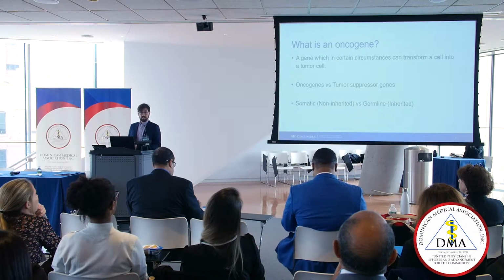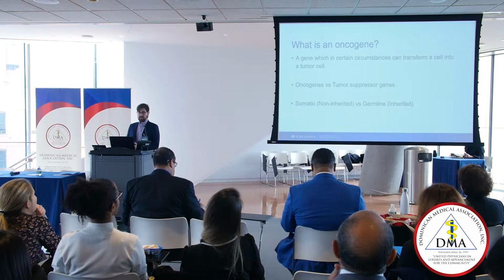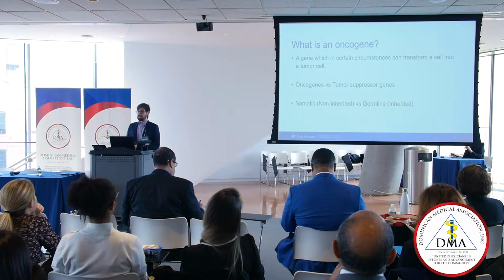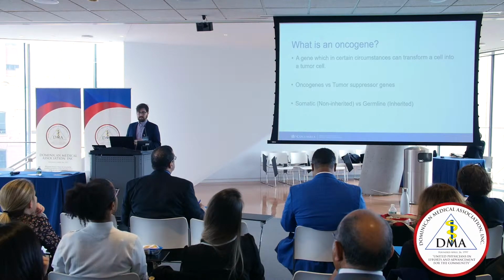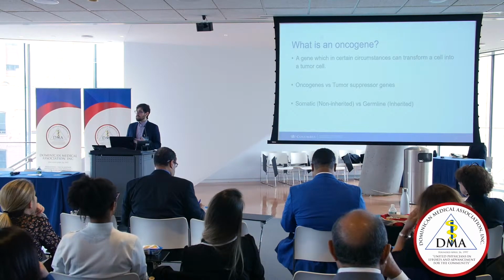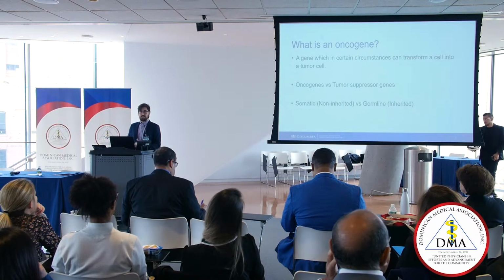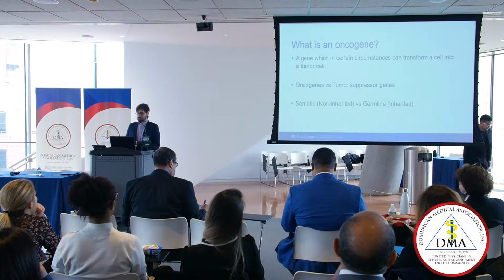Before that, I want to give you an idea of what we test in molecular cancer testing, and that's oncogenes. Oncogenes are just, in a limited way, genes which, in certain circumstances, can transform a cell into a tumor cell. Now, oncogenes come in two essential types. Basically, oncogenes, as we think of them, are activating genes, proteins that become activated and induce proliferation, versus tumor suppressor genes, genes that will stop cancer when they're acting normally.